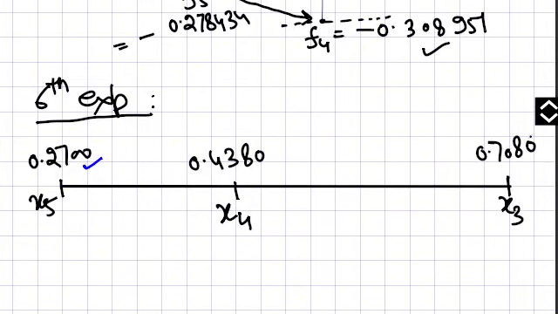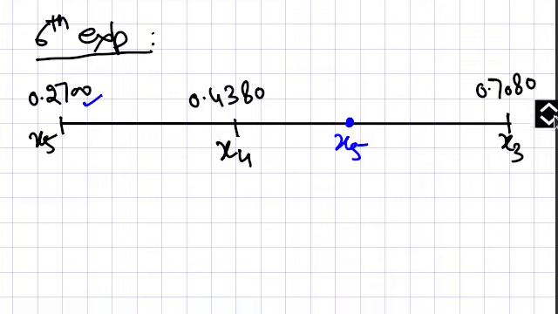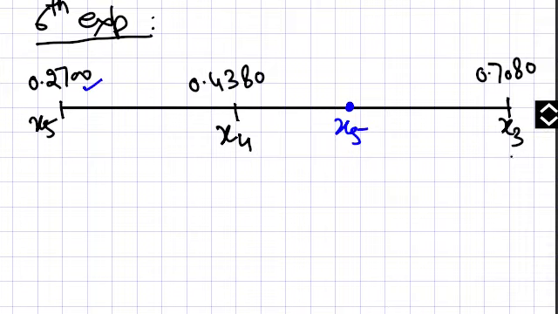This time you can see that this distance is less than this distance, so our next point will be somewhere here. You need to decide this, because up to now we were deciding the point in this position, but now, seeing the distance, this distance is less, so the next point will be taken in this area. So how to decide the x5 point? Same way, this distance will be equal to this distance, or you can do it some other way also.